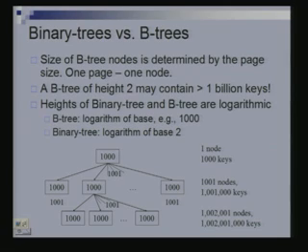Increase the value of A, the number of children each of these nodes has. But what is limiting you from increasing the number of children each of these nodes has? Page size. Instead of 1000, why didn't I put 10,000 or 100,000 keys in here? That would have been even better, that would reduce the height even further. But I cannot put too many, because each of those keys is taking a certain amount of space, and I can only put as many keys as can fit into one page.